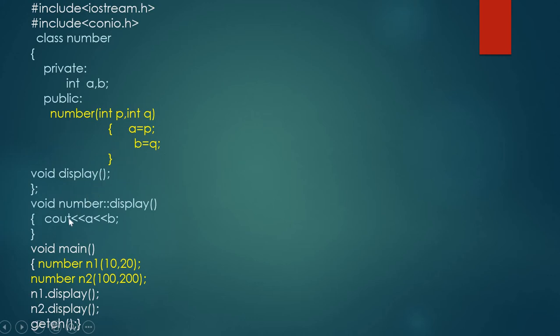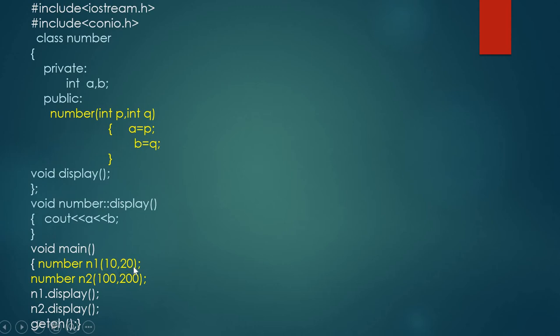Then one display function is there. In that display function, we are printing the values of these data members A and B. Then in the void main, how to invoke these constructors? See, here we are using the implicit call method: declaration of the object followed by argument list in parenthesis.